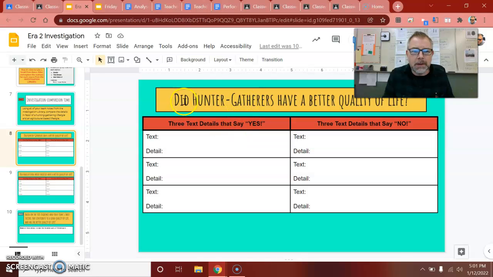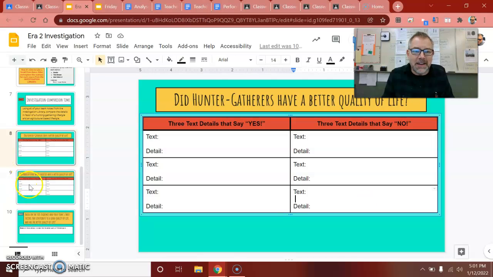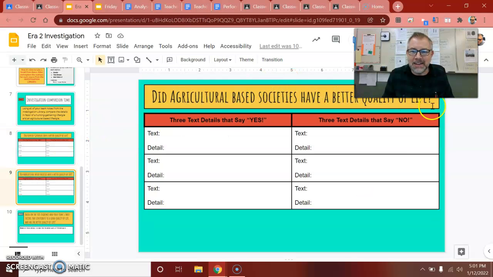Your table group went and said, did hunter-gatherers have a better quality of life? And you gathered the text details, 3 of them, that say yes. Boom, boom, boom. You also gathered 3 that say no. And you did the same for agriculture-based societies. You found 3 details that said yes, they have a better quality of life, and 3 details that say